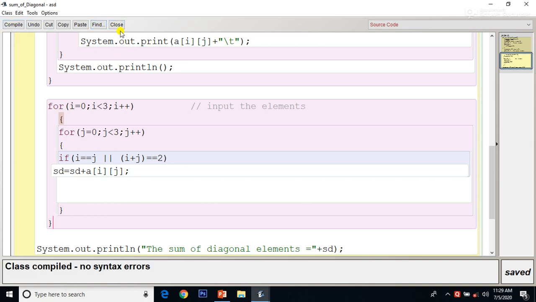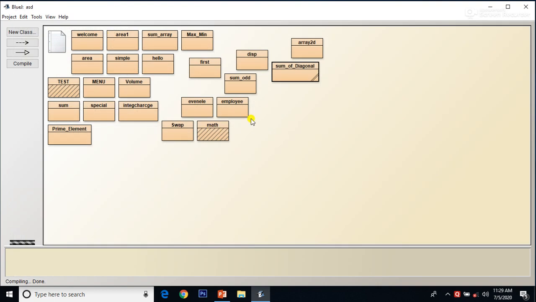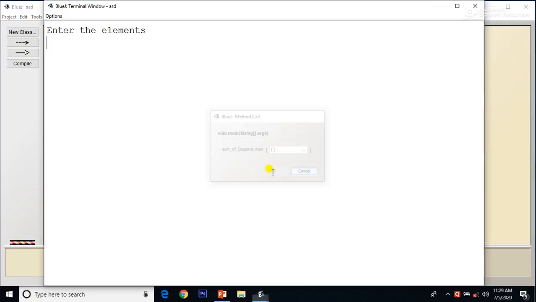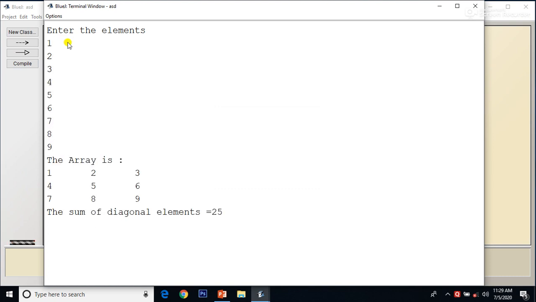Go for the compile, click OK and run it. Enter the elements. So I will enter the elements in the matrix. As per the elements, it will be displayed in matrix format.